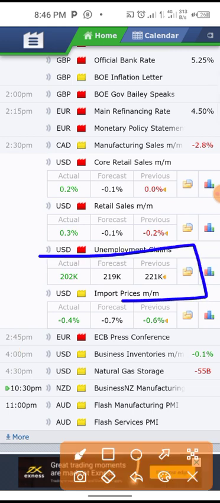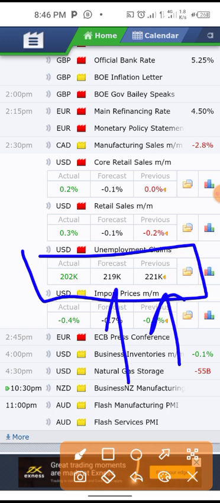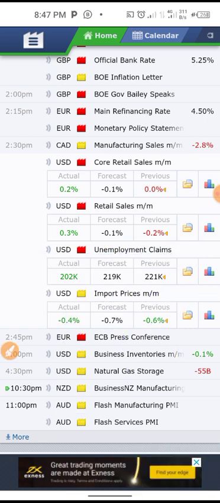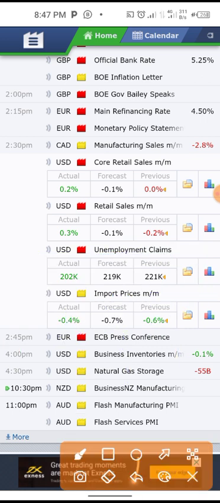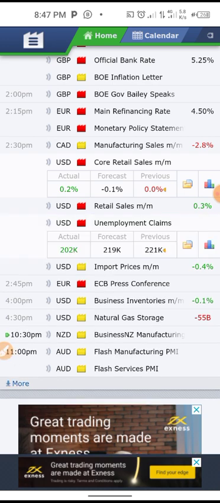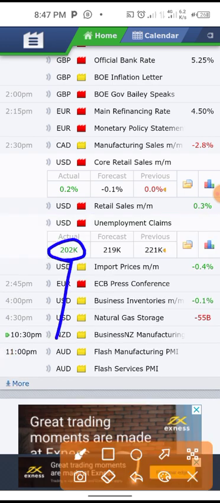Just accept this one. This one is 221. The forecast is 219, and the actual is 202, which is below the previous. But you see that it came out as green, meaning that though it was lower than the previous, it is also seen as positive. But most times, when you see that the number is lower than this, it means that the news is negative. But even if we were to judge this one to be negative,